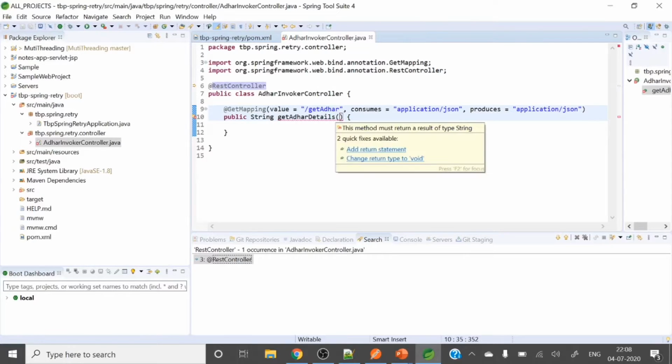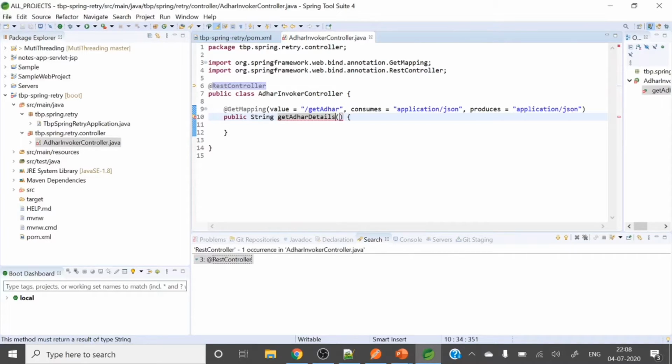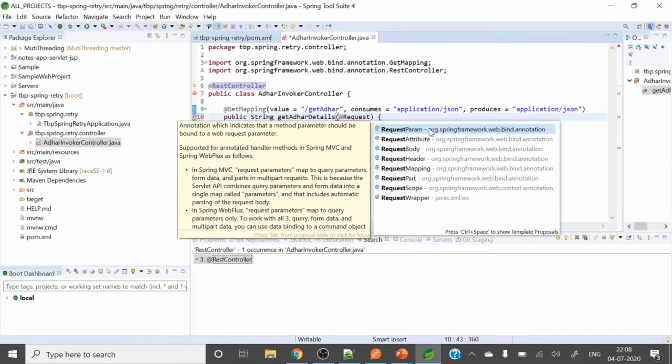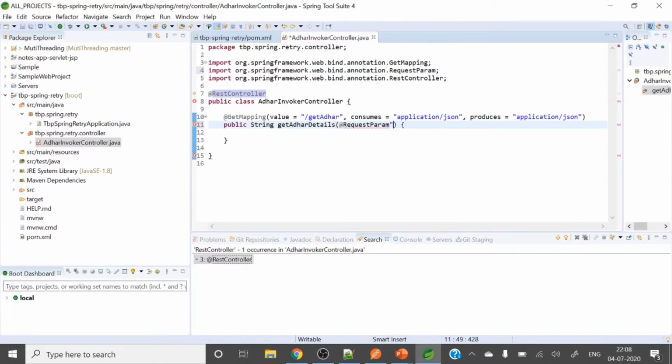Here we require some query parameter. Okay, wait. @RequestParam. Suppose we'll send Aadhaar, so String aadhaar.